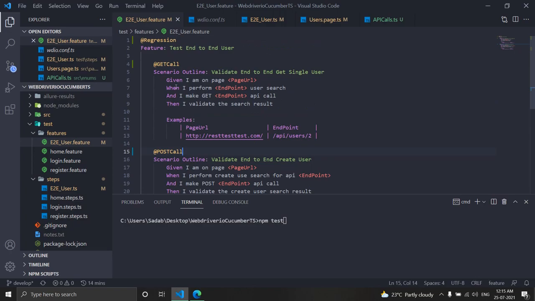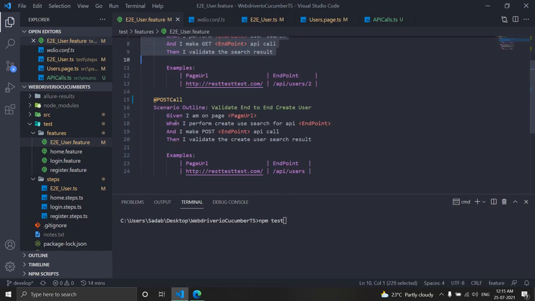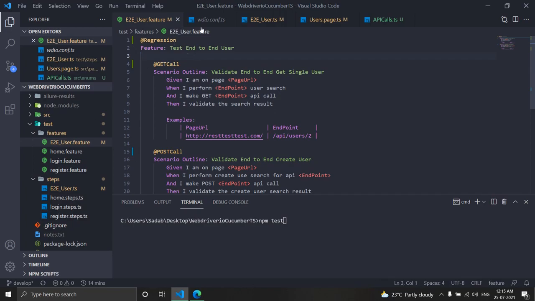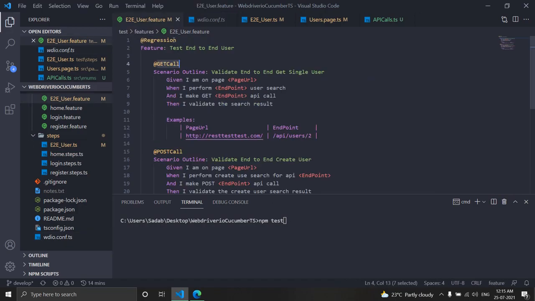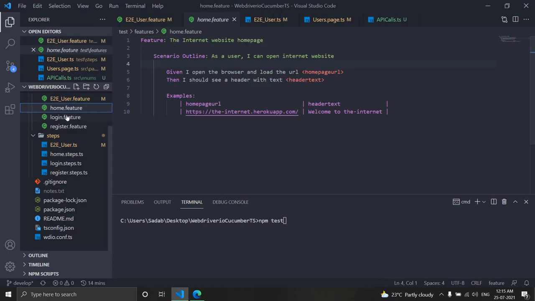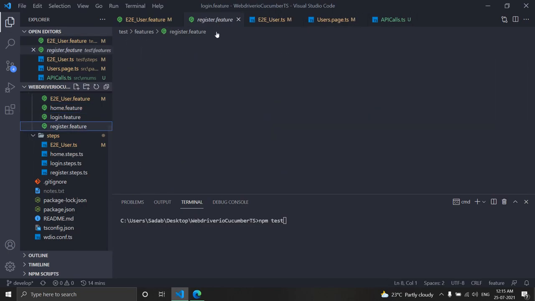This is not necessary, it depends on what you need. If you want to tag your scenario, you can tag your scenario. If you want to tag your complete feature, you can tag the complete feature also, and based on this tag name you can execute whichever tests you want. We can follow a pattern as well, but for now let's understand this. Now, as explained, if I say here test feature and run it, it would run all these feature files. But I don't want to do that. I want to control it with this tag name, because I have now defined the tag regression, and it is available only in this feature. If you see any other feature, we don't have this tag, right? We don't have any tag in the other features.